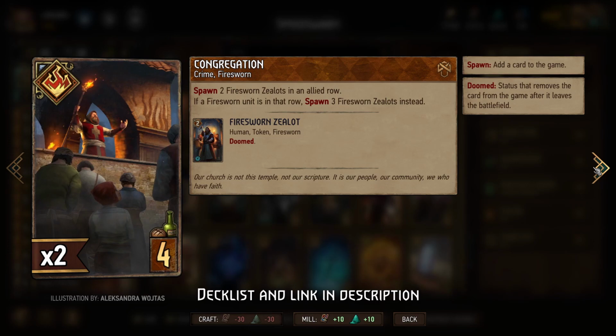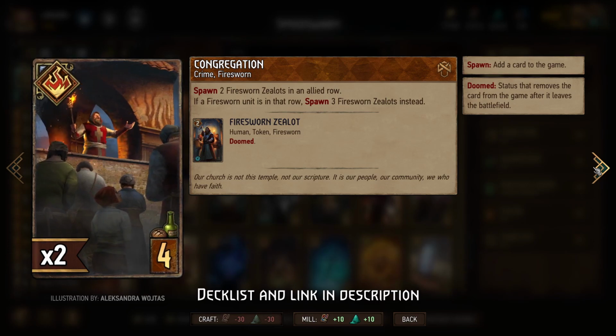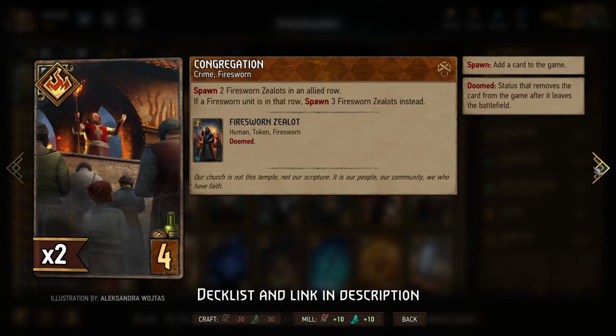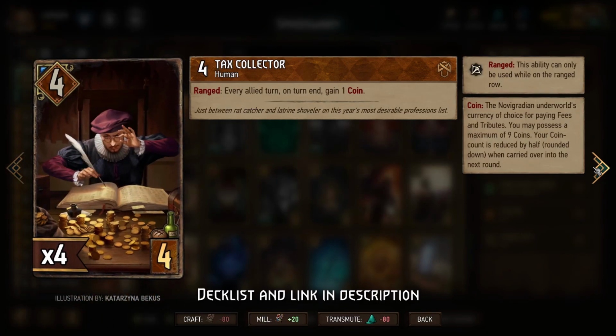Congregation, probably not going to end up playing it, although if we do have it in hand, it, of course, can give us a whole bunch of Firesworn Zealots, which is something that we very much want to have. Tax Collector, probably a card that we'd rather not play. It is, of course, a coin generator, yes, but we have other, likely more efficient ways to achieve that same